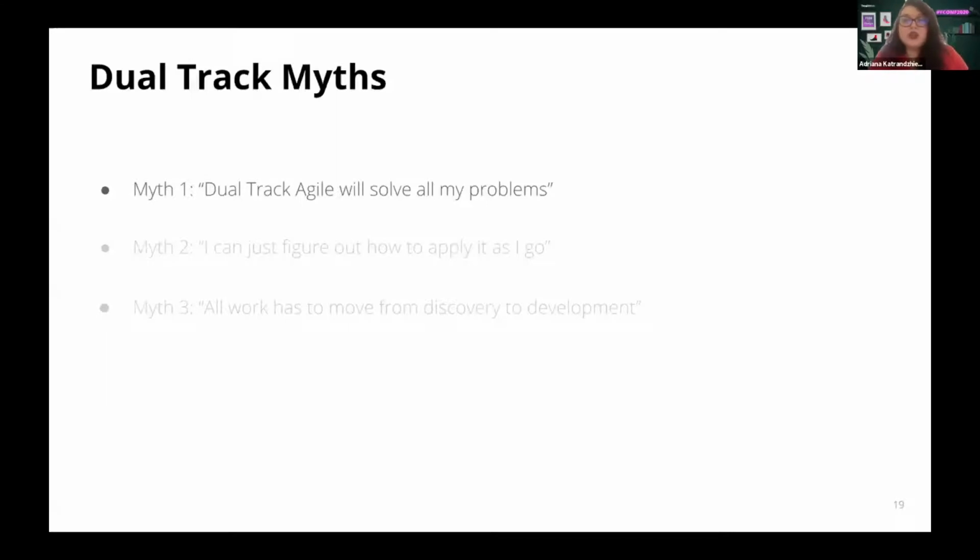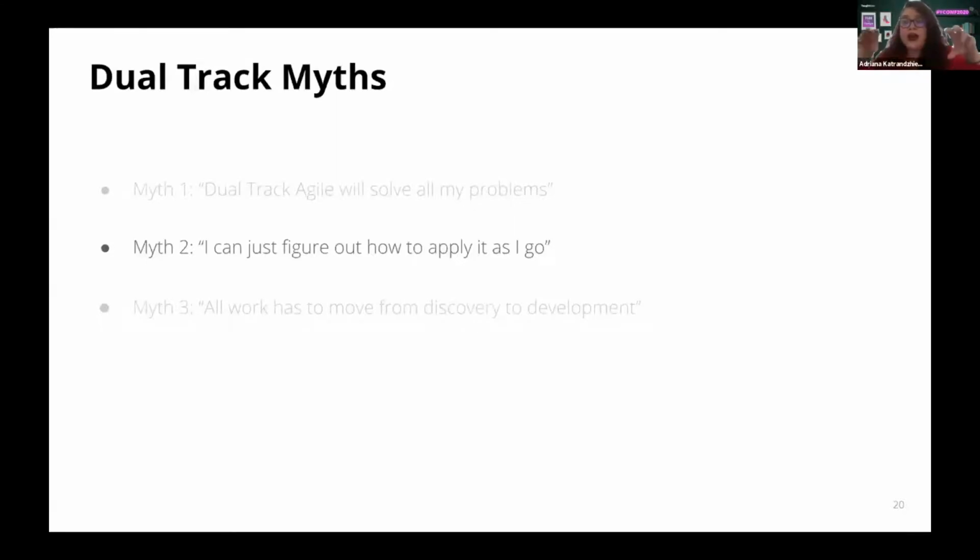And maybe you want to change the way you do that in future. So it really depends on what problems you want to address, whether you apply it. And when you decide to apply it, there's an assumption that you can just apply it as you go, and it could get messy. But some of the things to think about is measuring whether that is something that works for you. Maybe have a trial period and then pivot if needed.